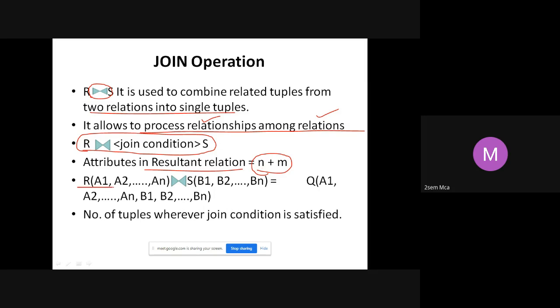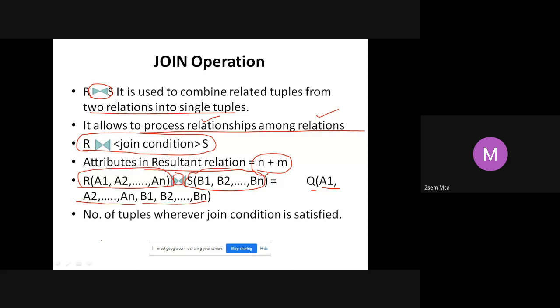You are applying a join on table R with attributes A1, A2, A3 up to An, and another table S which has attributes B1, B2 up to Bm. You will get one more new relation Q, the resultant table, which is going to have all the attributes of R and all the attributes of S.